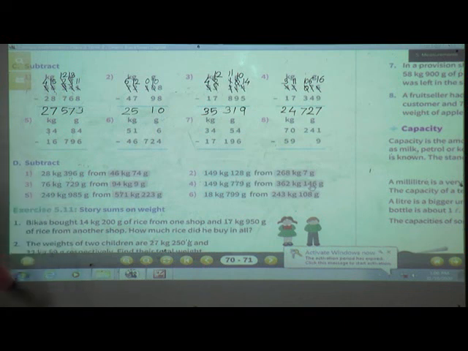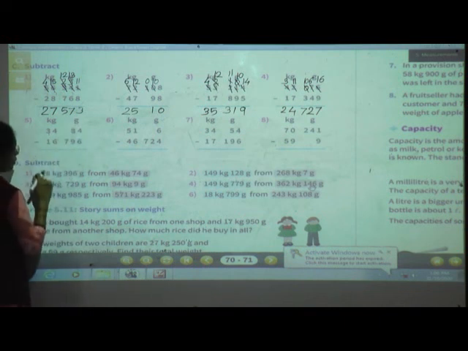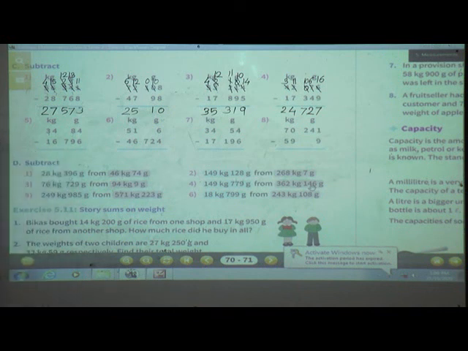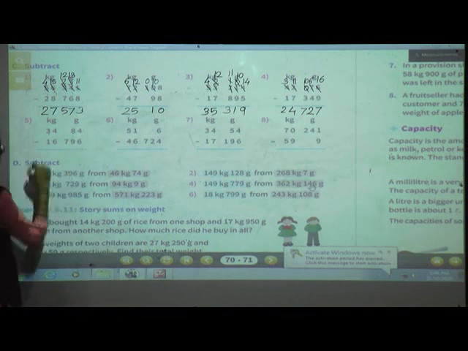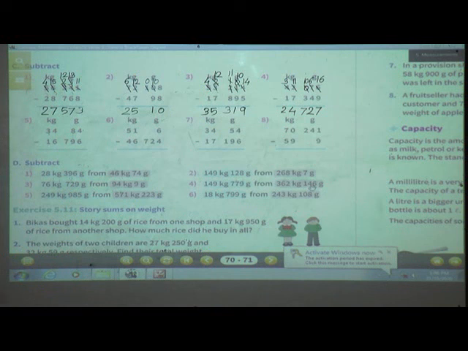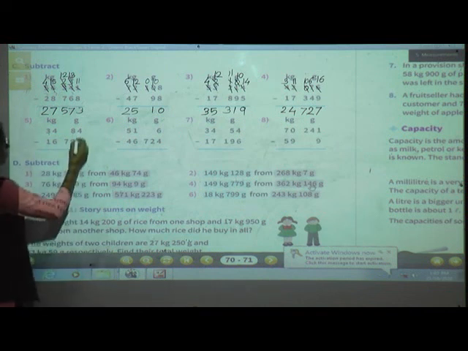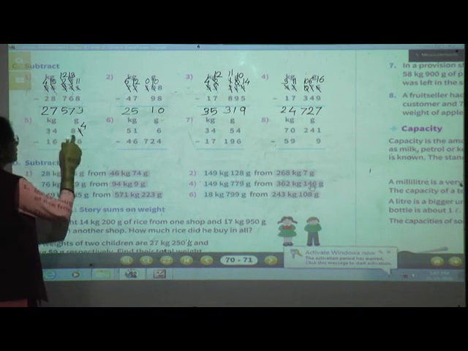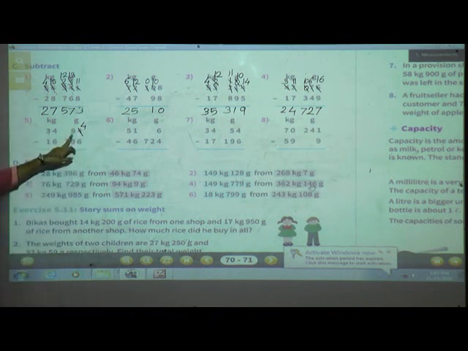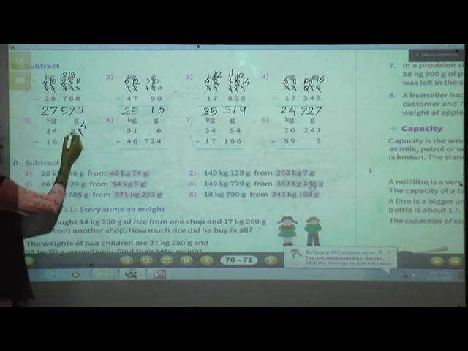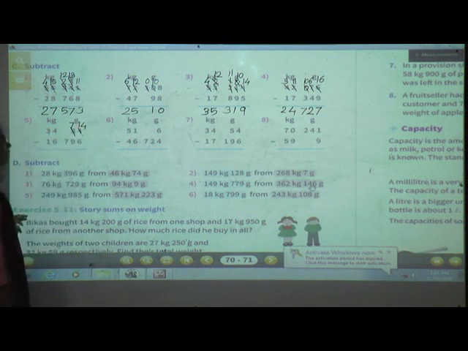Start from the right side. Here see the grams column. First we will subtract grams. Okay, 4 minus 6. Can you do 4 minus 6? No, we can't do 4 minus 6 because 4 is smaller than 6. So 4 minus 6 is not possible. So what will we do? We will cut this 4, write as it is. Then we will move to the neighbor. Here 8 is there. So we will take one borrow from this 8. So 8 minus 1, here 7 will remain and this 4 will become 14.